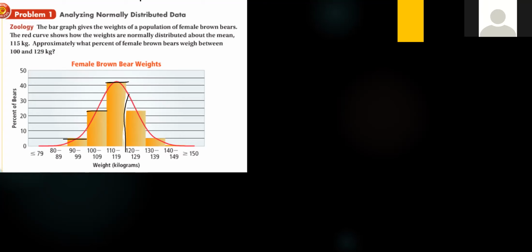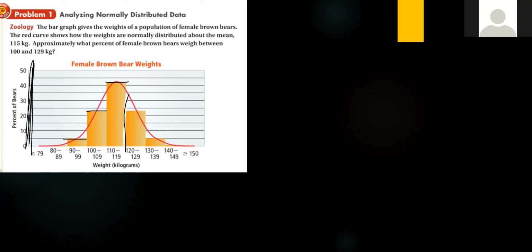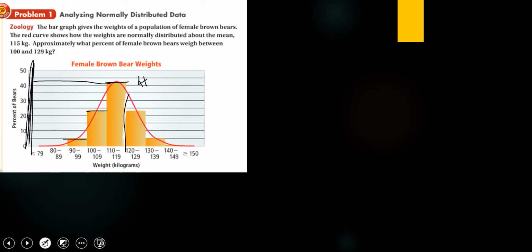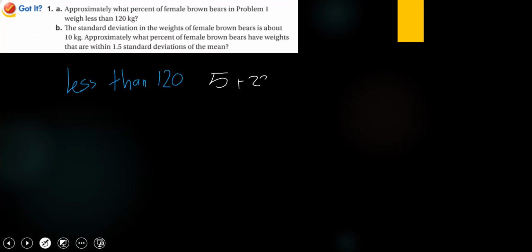Did you give us again from where these numbers come from? From here. The percent of bears, they are given. Okay, so here it's 41, here it is 23, and here it is 5. So when you add them, 5 plus 23 plus 41. 28 plus 41. We have it as